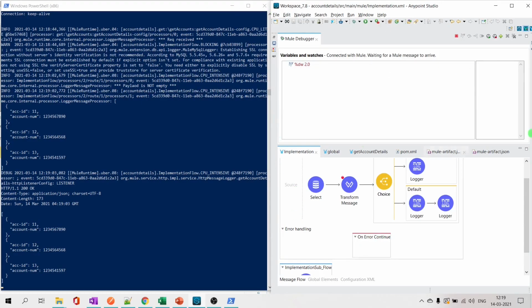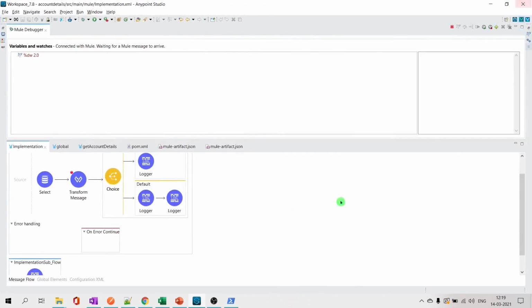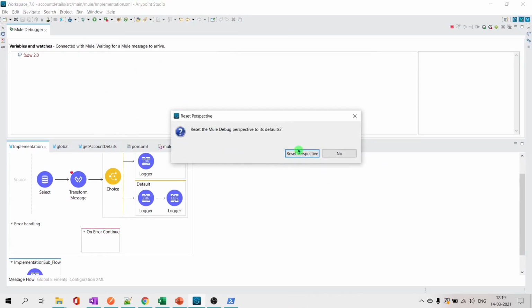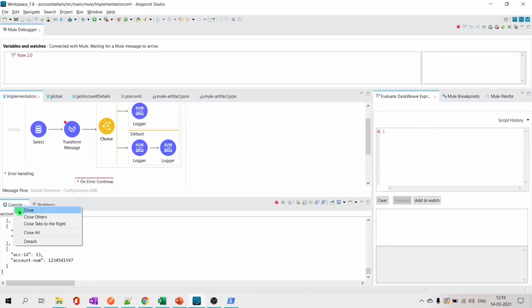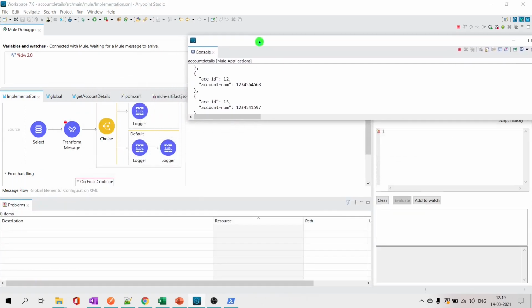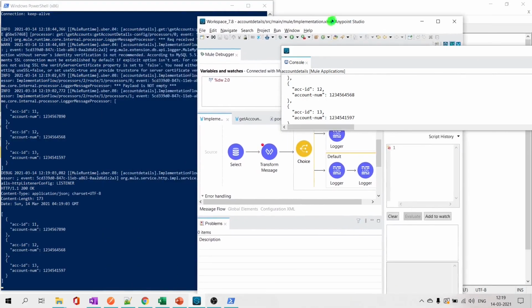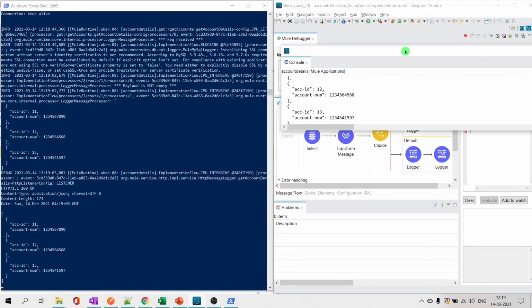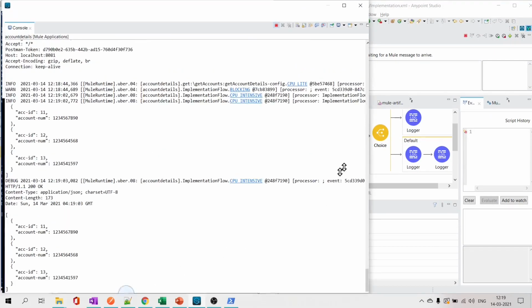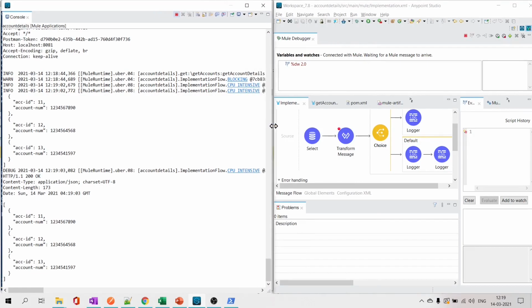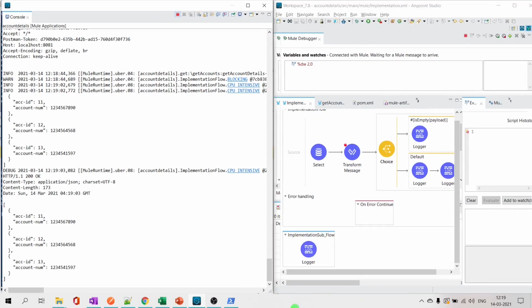This is one thing. There is also one more interesting thing to do here. Reset perspective. I'll have my console. You can detach the console. Instead of writing to an external file or doing that, you can detach it. So it comes out, and it will be like this. You have your studio and your console is detached. It will be a separate window. And you don't see the console here anymore because it's already externalized.